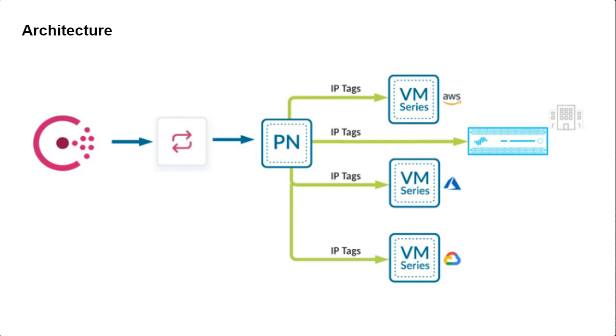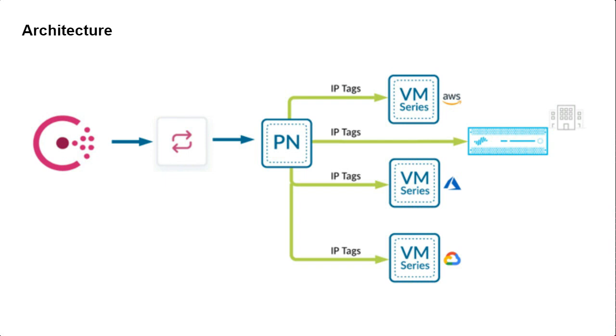Did I miss anything there, Magara? No, absolutely spot on. Just want to highlight the icons next to the Consul-Terraform-Sync. That's Panorama. That's the virtual Panorama that we're going to use during the demo today. So this is our management platform for all your VM-Series and CN-Series firewalls. CN-Series, that's our containerized firewall, which you can use to protect your Kubernetes-based workloads as well. And also you can see an on-prem firewall. So Panorama can, in fact, manage all kinds of virtualized or physical firewalls that are running a PAN-OS-based operating system.